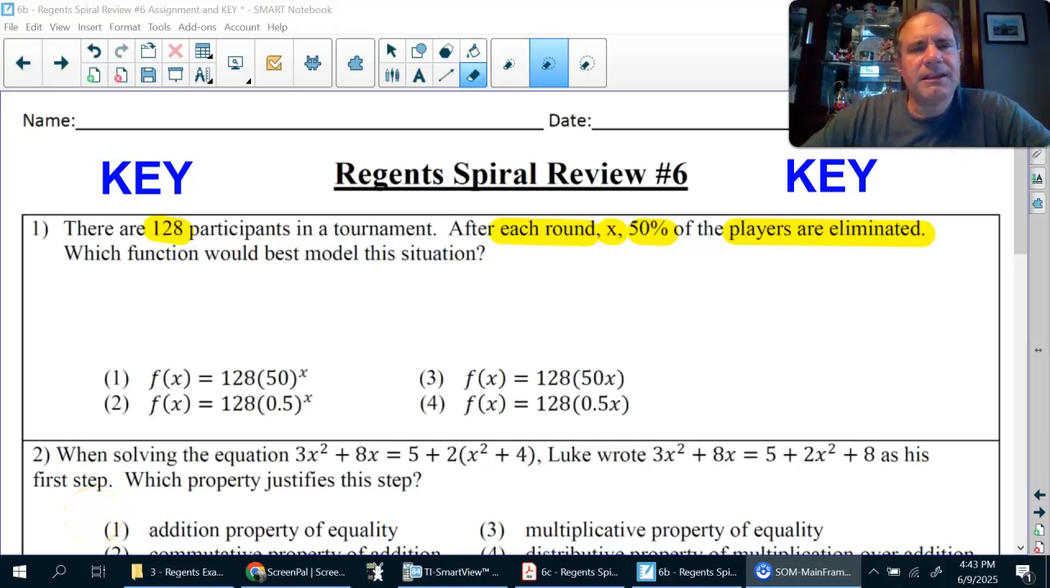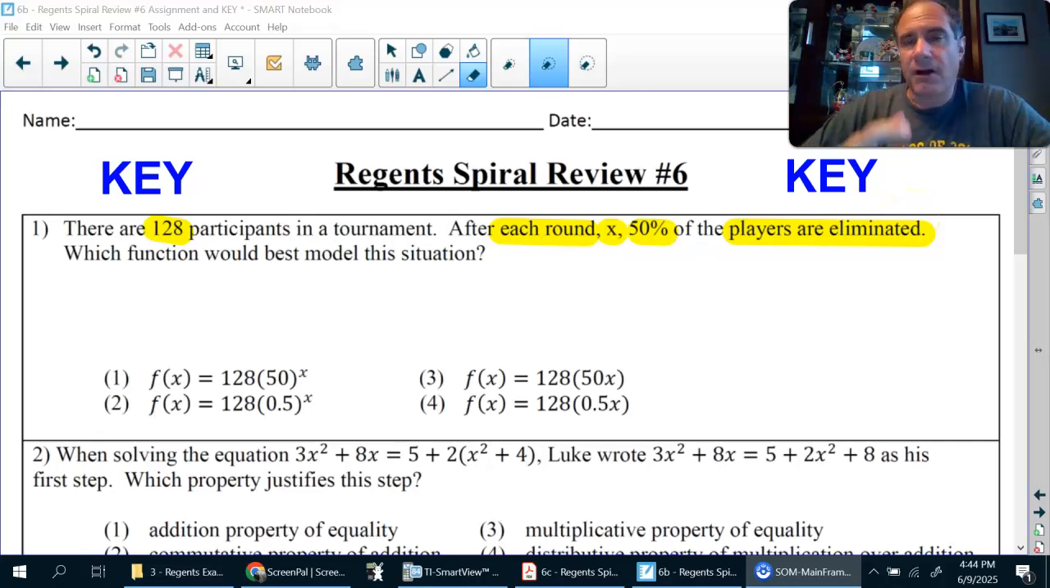Hello everyone. In this video we are going to review a lot of different topics that were on the Algebra Regents in the last couple of years, and here is number one. There are 128 participants in a tournament. After each round X, 50% of the players are eliminated. So after the first round,